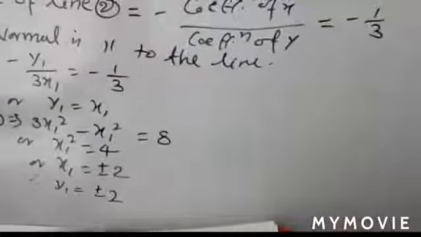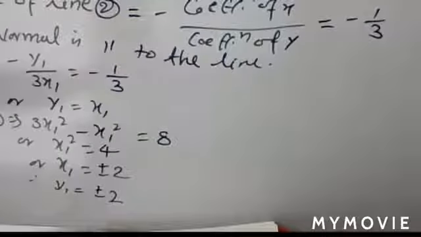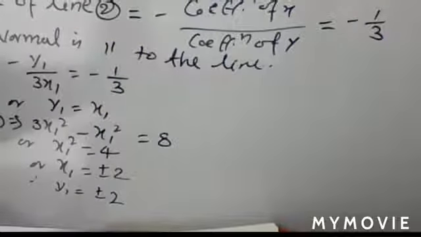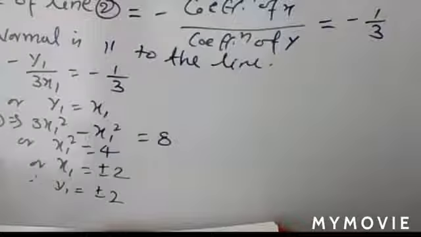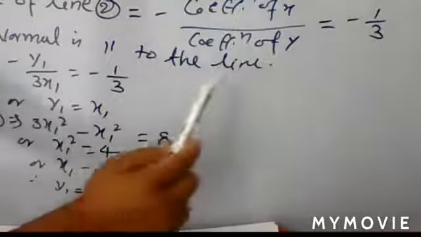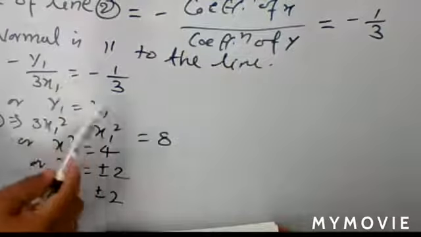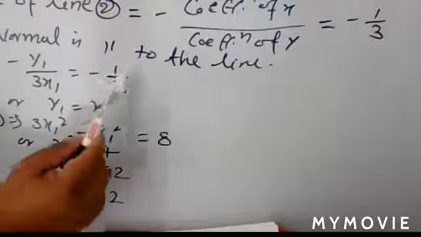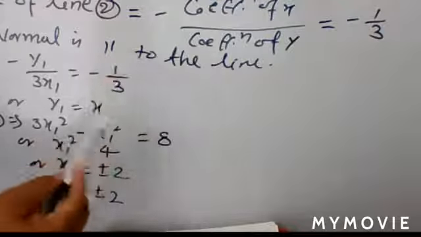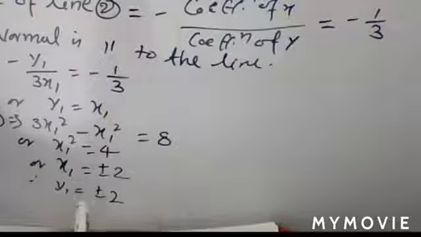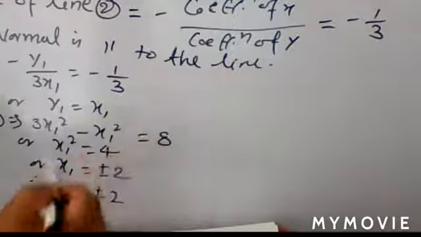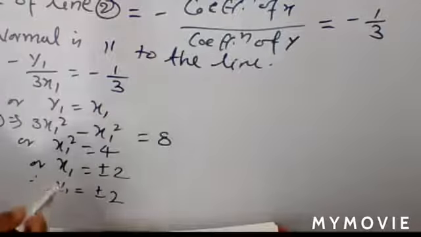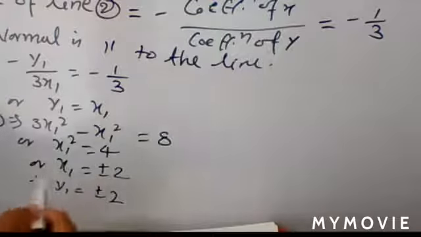So in this way, here you have the value of x1 and y1. Now if the value of x1 and y1 is known, just listen here: the slope of normal and slope of line both are equal. So minus 1 upon 3 is also taken as the slope of normal. That is already known. And if the slope is known and the point it passes through is also known, you can very easily find its equation.